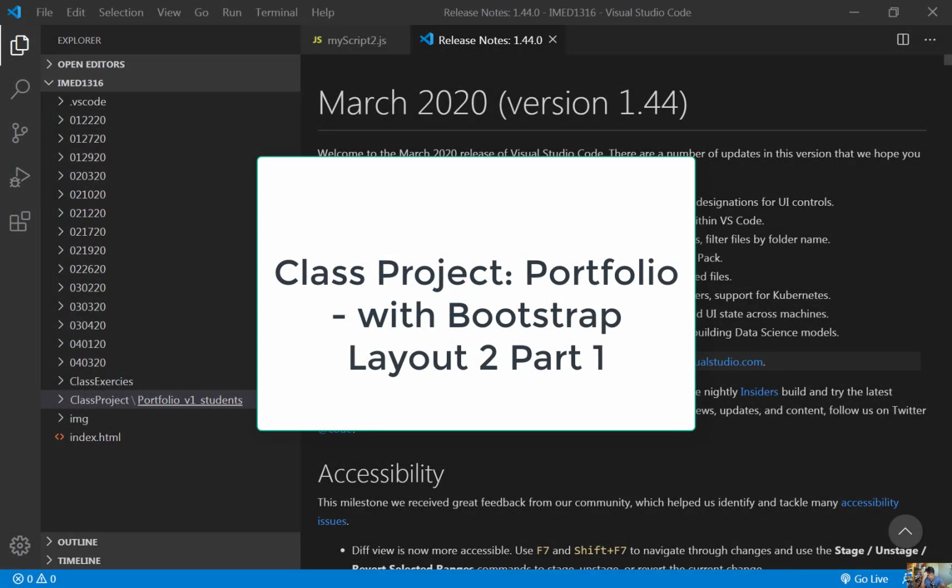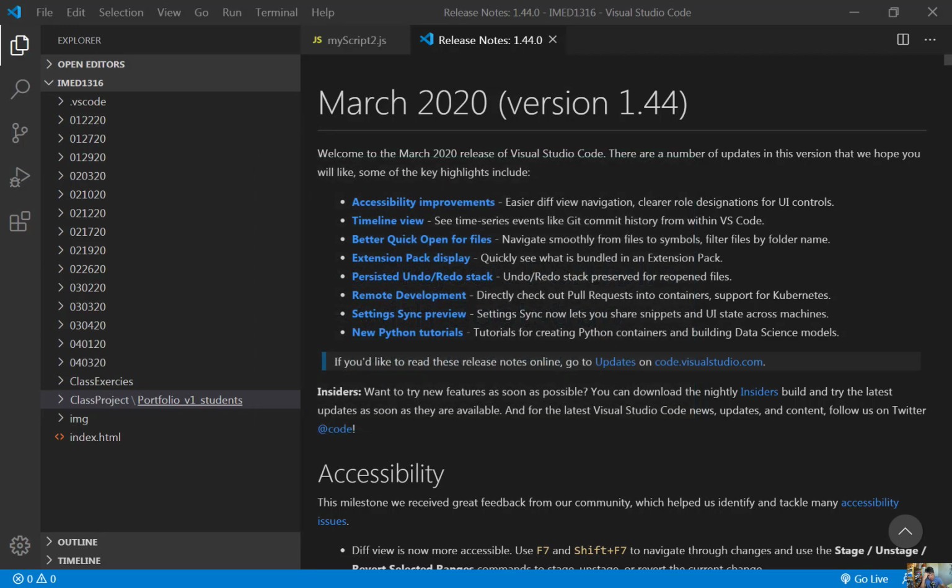So we're going to do the second version layout, layout 2, for your class project. But at the same time, I want to cover Bootstrap with you. As we go through the layout for number 2, I will include a lot of the discussion and lecture material on what Bootstrap is. So to get started,